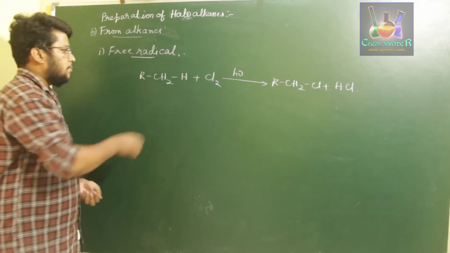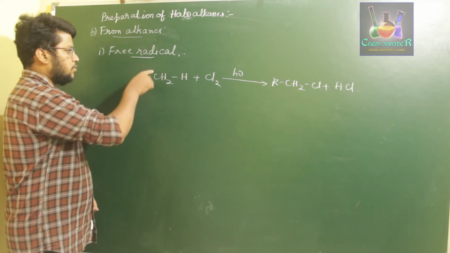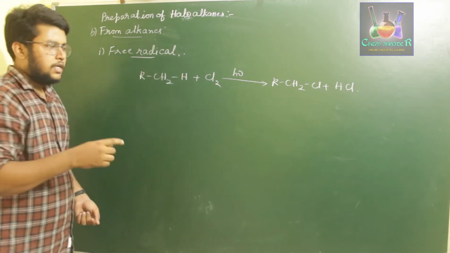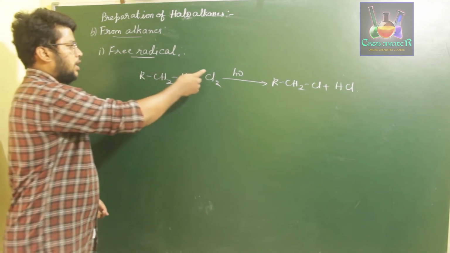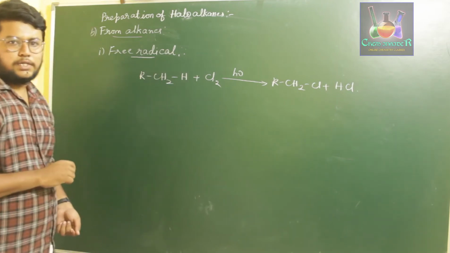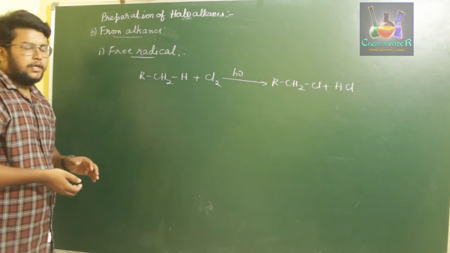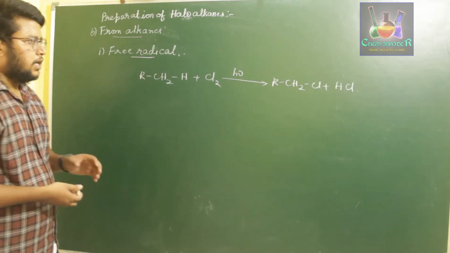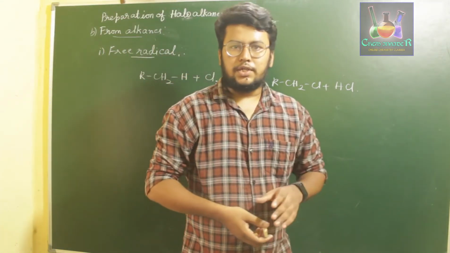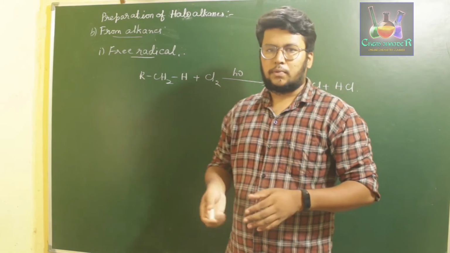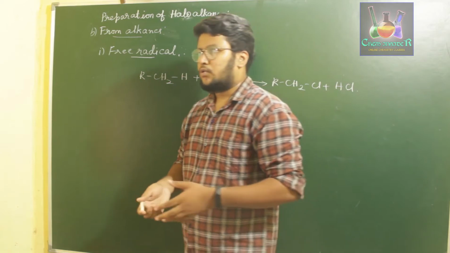What happens is the bond between the carbon and hydrogen breaks down to form two radicals, one on carbon and one on hydrogen. Similarly, the chlorine bond breaks down to form two chlorine radicals. Those chlorine radicals bond with the radical present on carbon to form our haloalkanes. Usually whenever you carry out the chlorination process for higher alkanes, we get more than one product. Whenever you carry out a chlorination reaction for alkanes with more carbon atoms, let us say more than 3 carbon atoms, then we usually get more than one product.